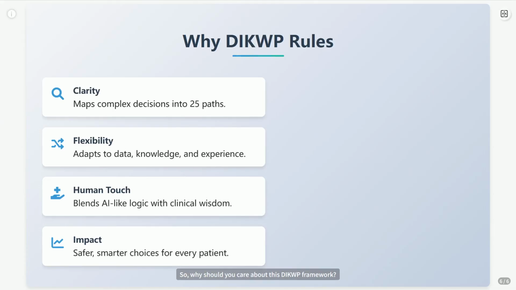So, why should you care about this DIKWP framework? Because it provides clarity amidst complexity. It offers flexibility, allowing us to weigh different factors appropriately. Crucially, it integrates the cold, hard logic of data and evidence with the irreplaceable value of clinical wisdom and experience. It helps us avoid cognitive traps and makes our reasoning explicit. Ultimately, applying DIKWP leads to safer, more rational, and ultimately, more effective prescribing. It's not just another acronym, it's a powerful tool for structured thinking in the art of medicine. That's the DIKWP advantage,